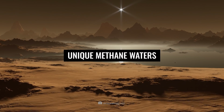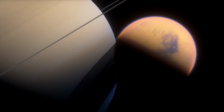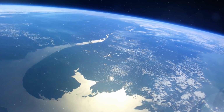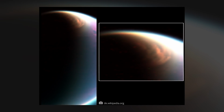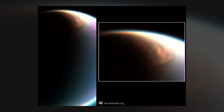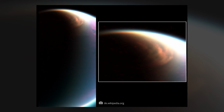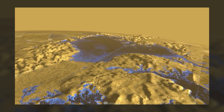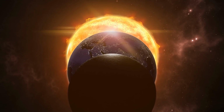Unique methane waters. Although Saturn's moon is exceedingly different from our home planet in terms of its chemical composition, the two celestial bodies nonetheless share striking similarities in their landscape formations. In spite of all its methane waters and cryovolcanoes, Titan is the object in our planetary system that has the